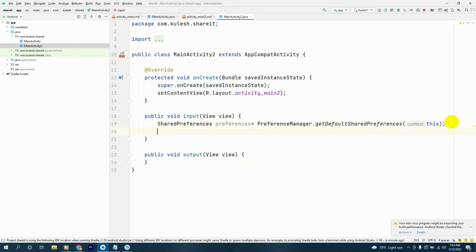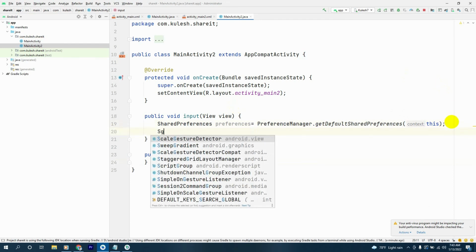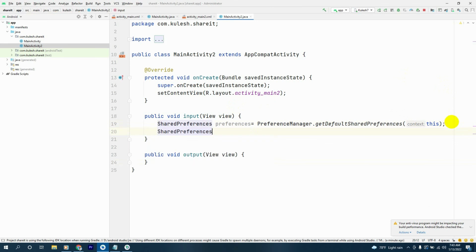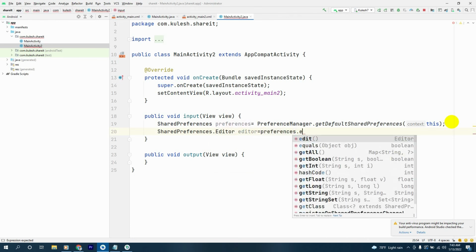And after that we'll have our shared preferences editor, called editor2, say preferences.edit,